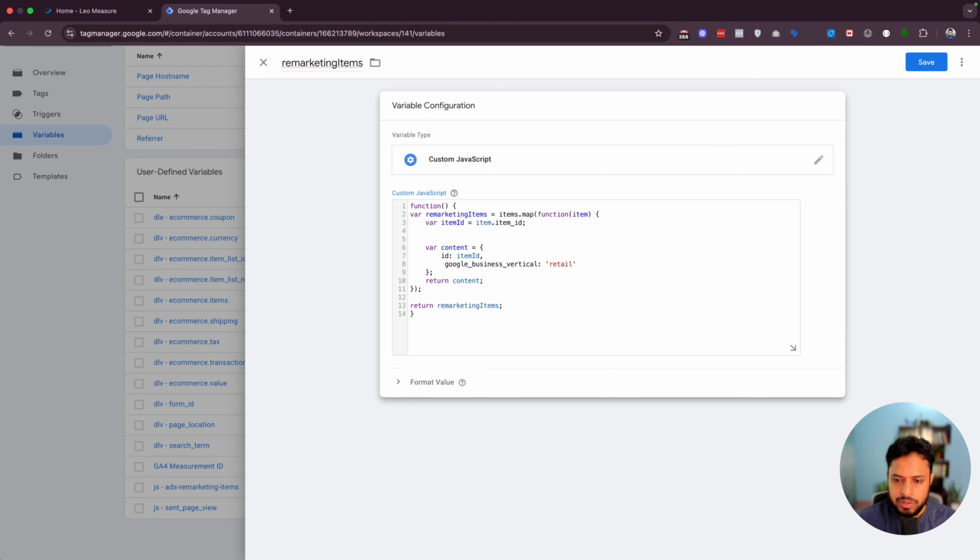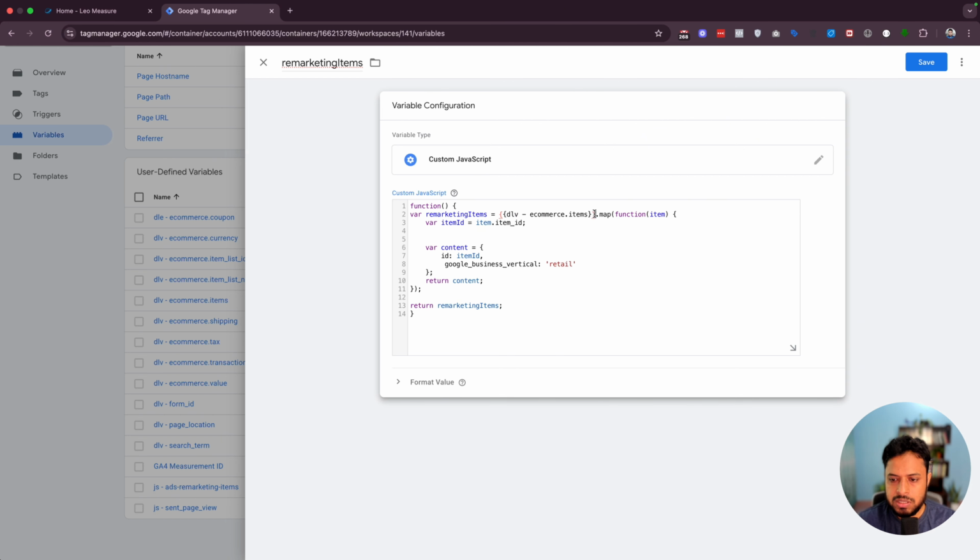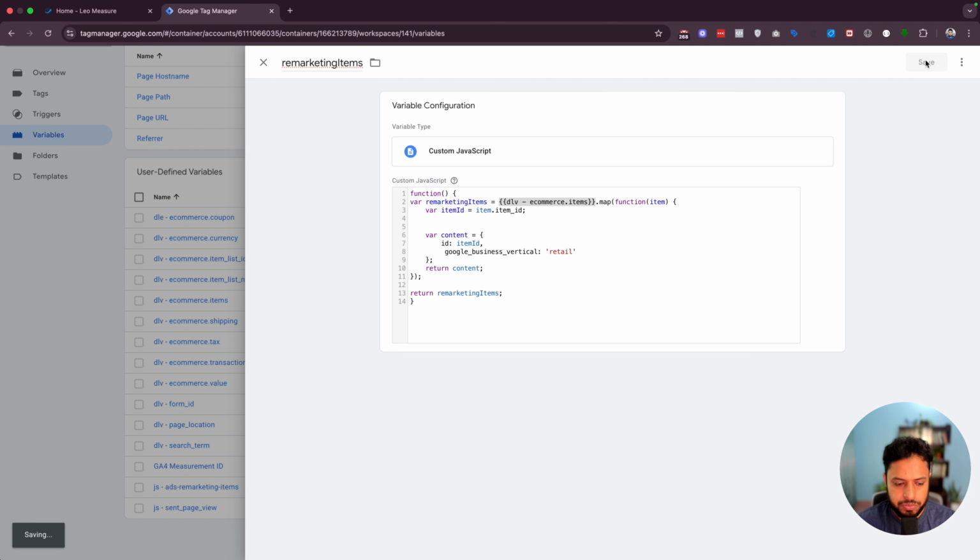this way. And here actually this value will come from our data layer variable, so I am changing this value this way. Items, I have created a data layer variable. This is the thing, and this is a dynamic value that will come from our data layer, and the rest of the thing is perfectly fine. Now if I save this and check our output,